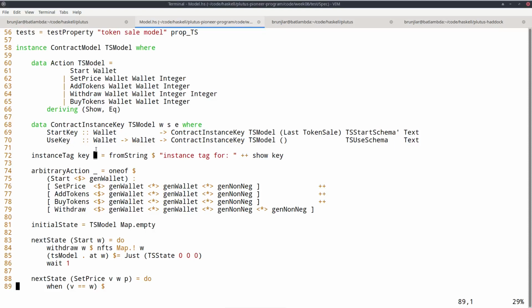But of course, they are all different values of this contract instance key TS model type. And then when we show them, they will still all be different. And that's the important part here. Actually, there's a